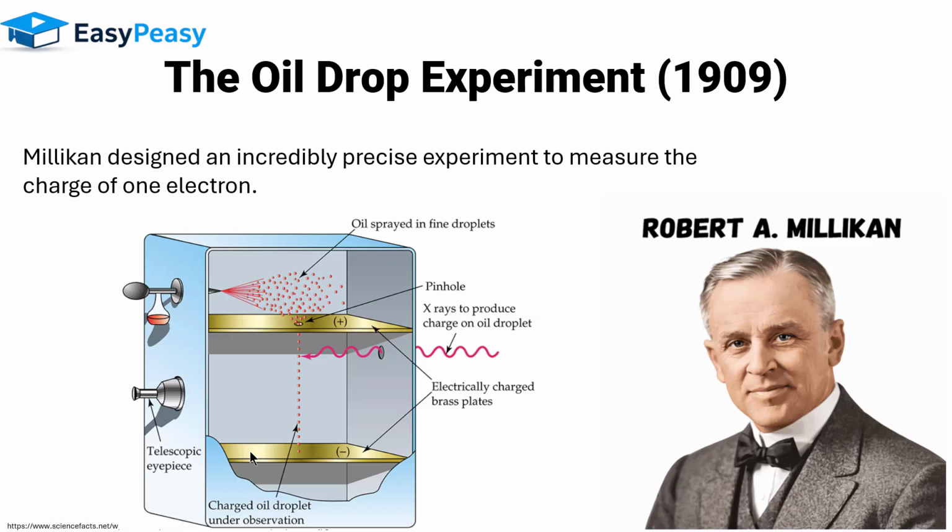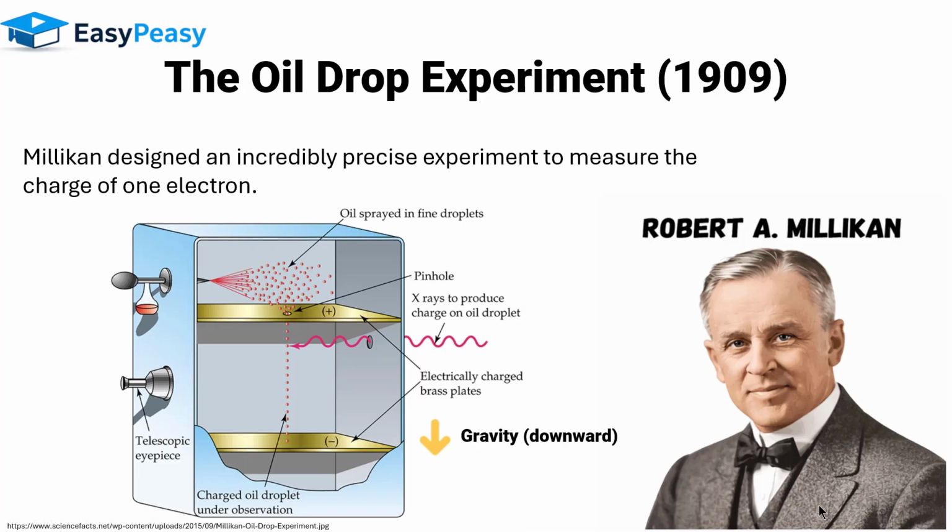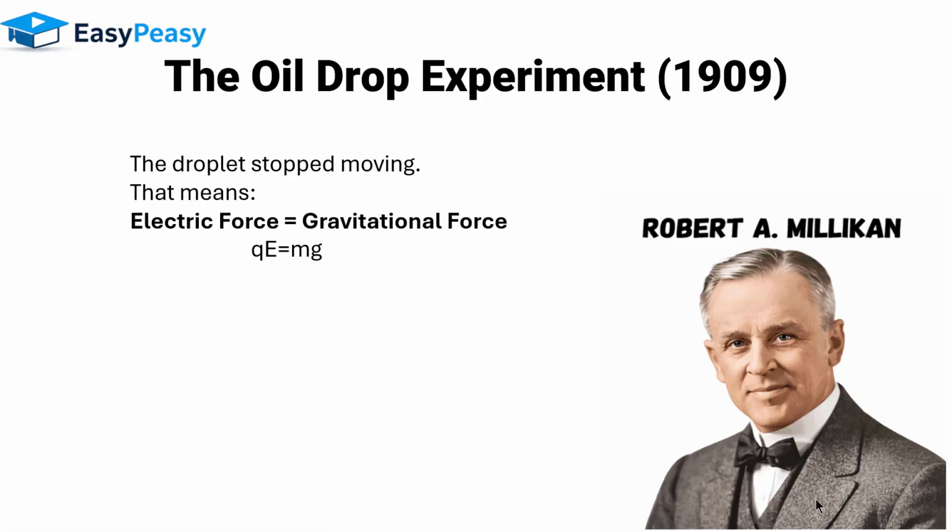So now two forces are acting here. One is the gravitational force that is pulling this droplet towards the bottom of the chamber. And the second is the electrical force that is created by attaching the electron to the droplet. And it is upward because a negative charge repels a negative charge. So he adjusted the experiment so that the oil droplets would be suspended in the middle of the chamber. When the droplets stop moving, that means the electrical force on the droplet is equal to the gravitational force. In this way, we get an equation.